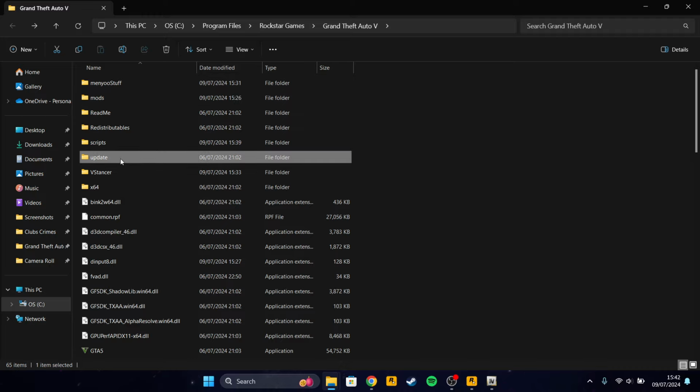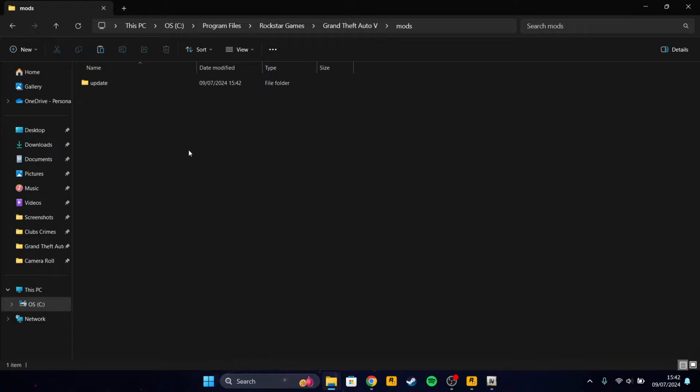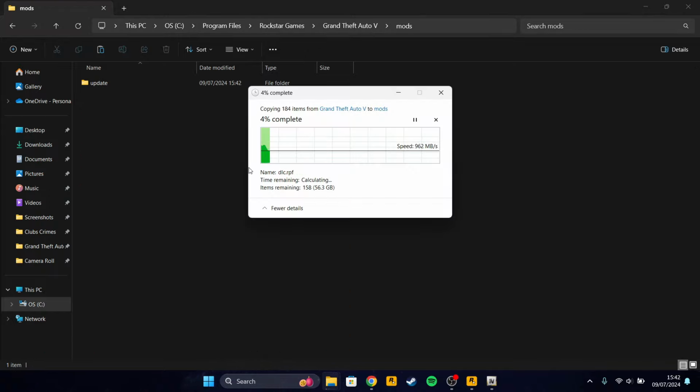So you want to press Control C, and we're going to go into mods. We're going to press Control V, and it should paste that folder. And this is very important, you guys. The folder is 59 gigabytes, but it won't take long. What it does is essentially allow you to paste stuff in a mods folder. So if you want to put mods in, however, sometimes putting in a mod into the main game